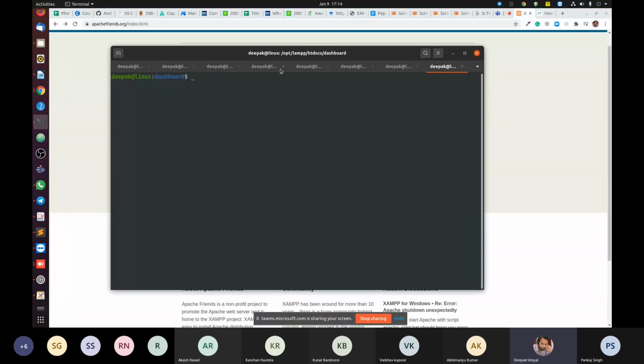What you have to do, let me tell you what you are going to do. You have to go inside your directory where this XAMPP is installed. In case of Ubuntu, it is installed inside a directory, and you can use pwd command to check the